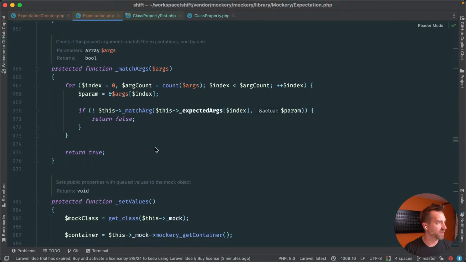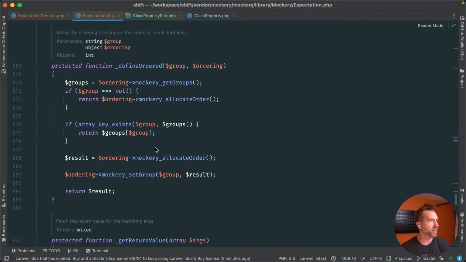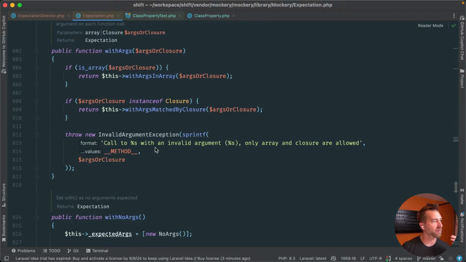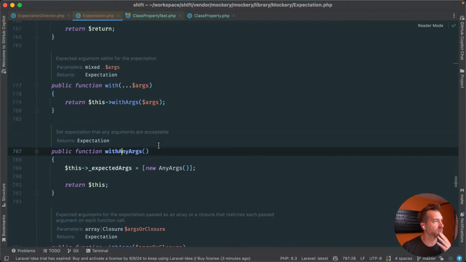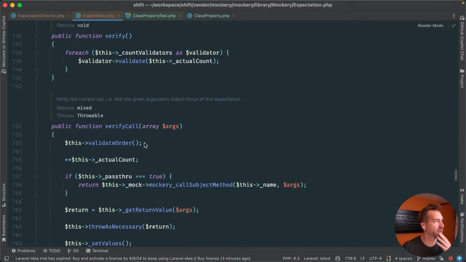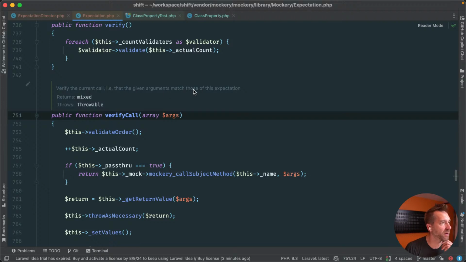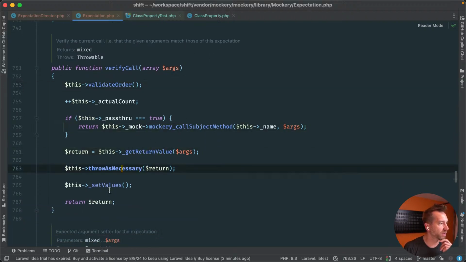Do I just have to use the toString method, and if it returned anything like with no args, with args, with any args? There's gotta be a way. So verify call, how do they do it in verify call? Verify the current call, i.e. the given arguments match those of this. Okay, so validate the order, pass it through, get return as our, so this actual count plus plus,